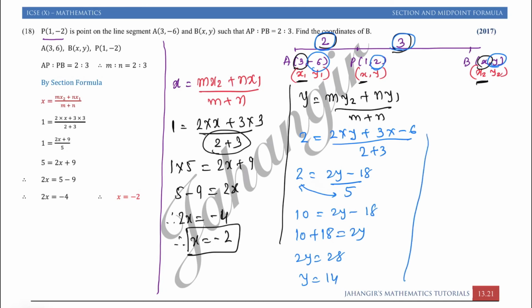So now we have to write the coordinate of B. This is my final answer. So wait, this is minus 2, huh? P is minus 2. I did some errors. So here I can write minus 2 and plus 8. It is 8. Because I cannot see. Oh, this is minus 2. 8. That is 4. So the coordinate of B is minus 2 comma 4. This is the final answer.